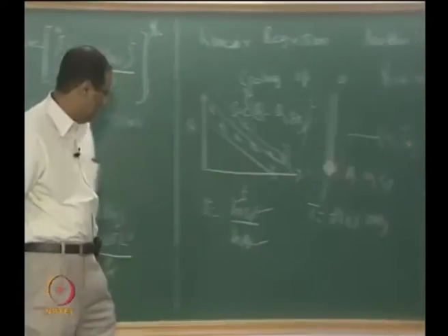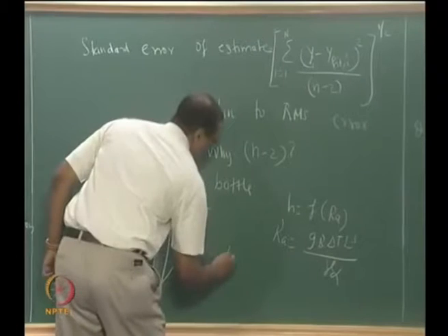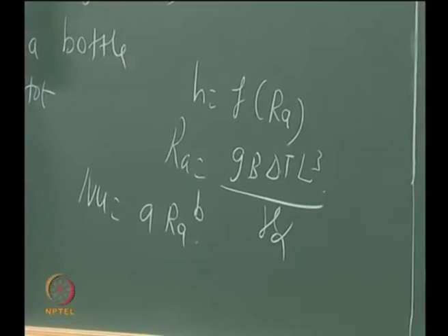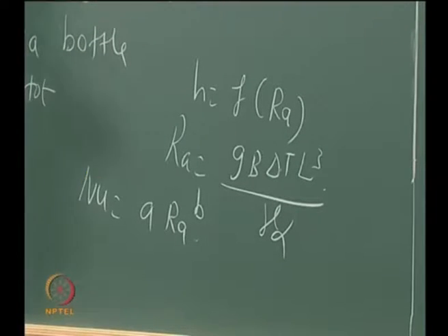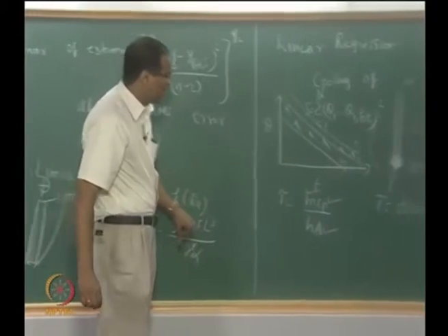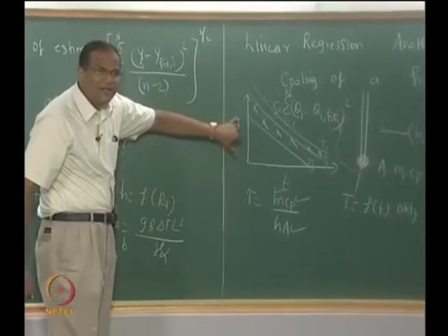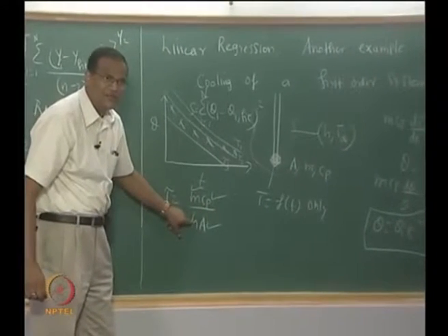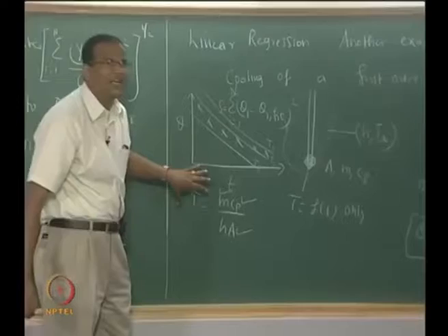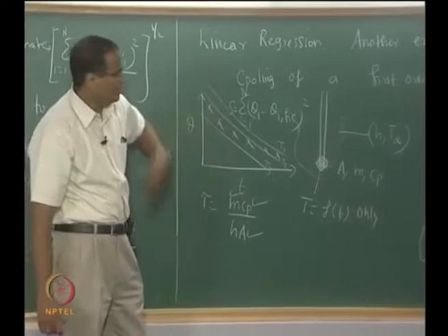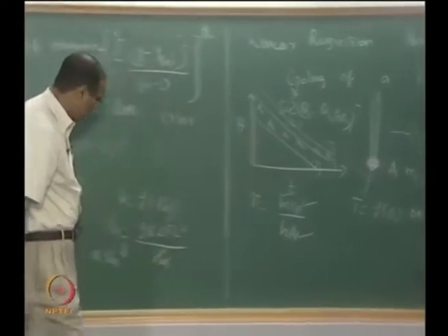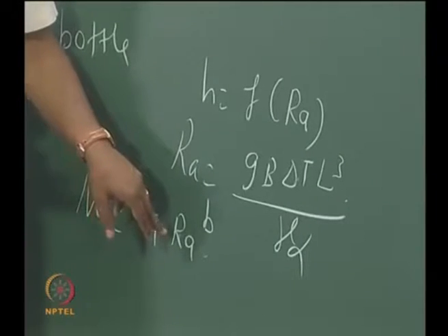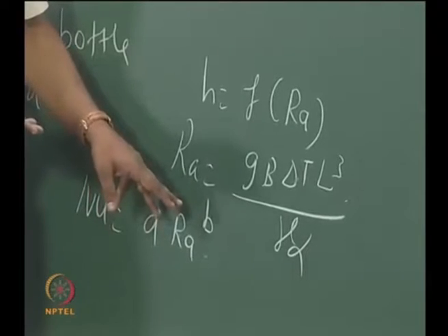So if you want to appropriately model this, you will say that the Nusselt number goes as A into Rayleigh number to the power of B. This Rayleigh number has the temperature difference delta T, which is T minus T infinity, which is nothing but theta. Therefore, in this time constant you have to substitute the heat transfer coefficient as Nusselt number, and finally declare that the unknowns are A and B, and then using least square regression it is possible for you to get A and B. Sparrow did this, and he wrote a paper 30 years back. It is in the ASME Journal of Heat Transfer.